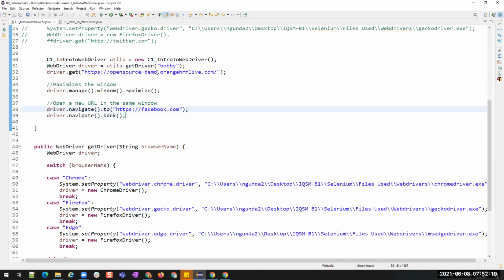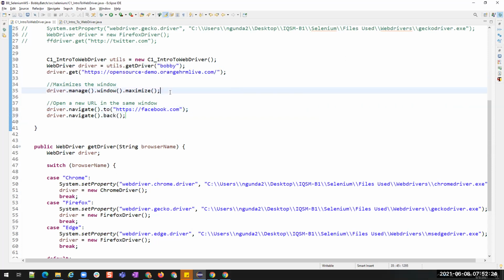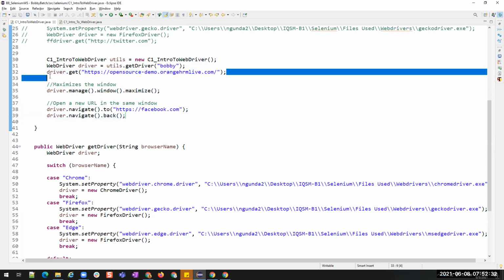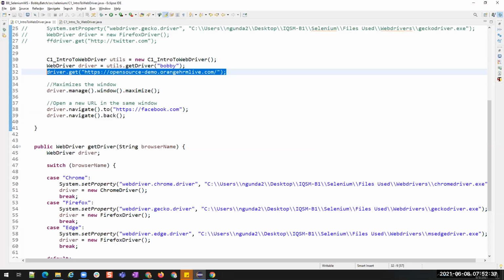Here I'm opening Orange HRM, and then after maximizing, I'm going to Facebook, and then I'm clicking on back. That means when I navigate to Facebook and then click on back, it should open the Orange HRM site again, right? Let us see. I'll close all this.